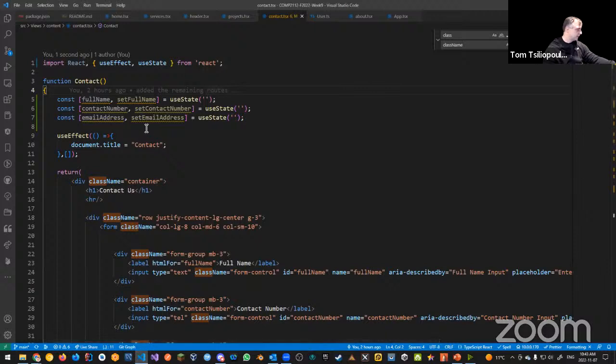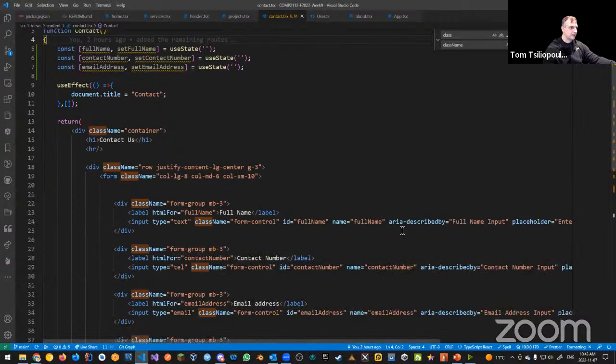And then what I can do is, when I change something, and what I mean is when I change my full name or my email address or whatever, when I change something,